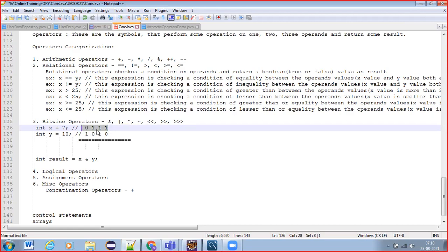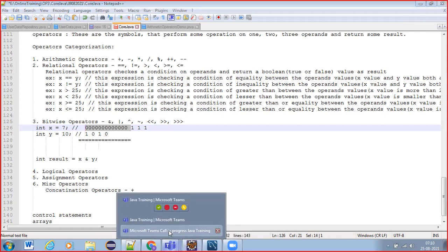And for 7, how many bits do we require? Only 3 bits. 3 ones we need to store, and the remaining bits on the left side we can fill with zeros. So how many zeros can we place here?